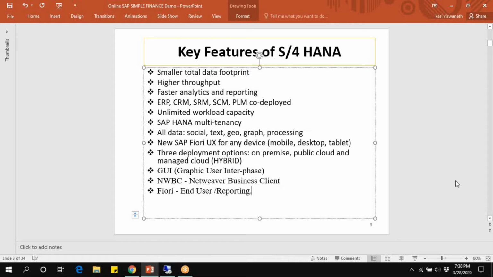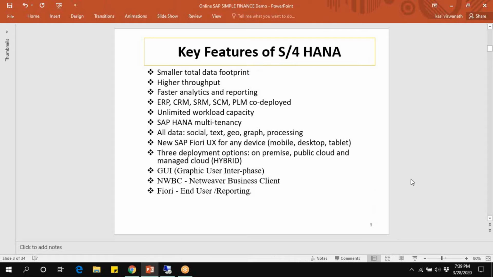So in HANA Finance, if you want to customize, we need to remember three different types of browsers. First one, GUI, graphic user interface; NWBC, NetWeaver Business Client; Fiori, end user. I will show all three different types of browsers in our demonstration.